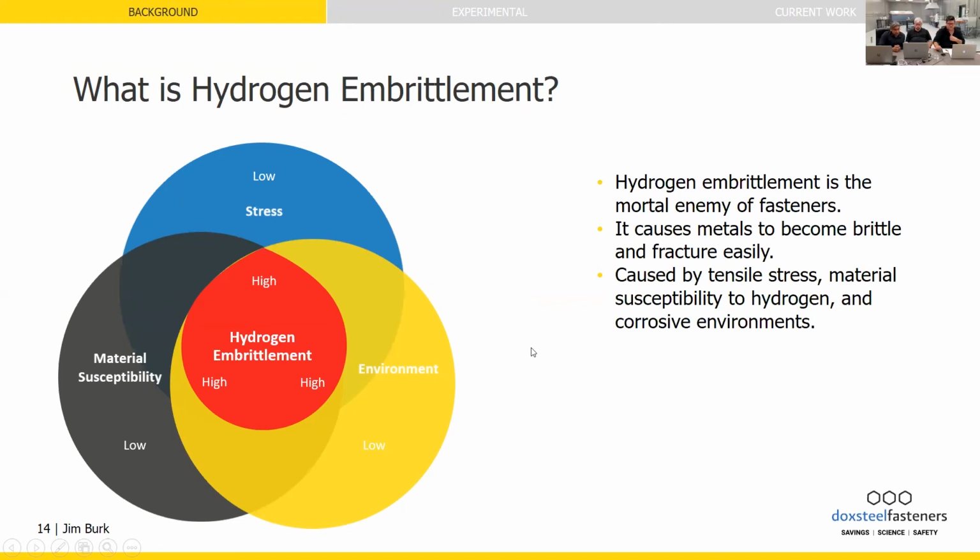Well, that's a tough concern. Since nickel-cobalt is a barrier coating, everybody's concerned about the damage, or if the material is scratched and the steel is exposed. So as part of our testing here at Doxsteel Fasteners, and we're actually presenting these results at the following NACE 2018, we also did permeation of damaged nickel-cobalt, and we saw that there was no hydrogen being produced. Well, we didn't register or record any current. What happens is that the kinetics of nickel-cobalt is very slow for hydrogen. So even though the material is damaged and exposing the steel, in our test,